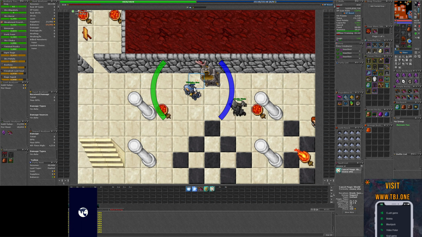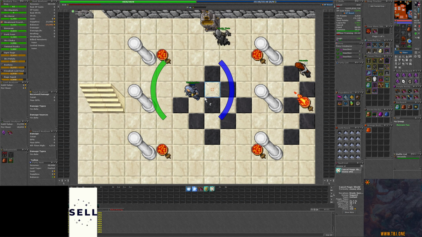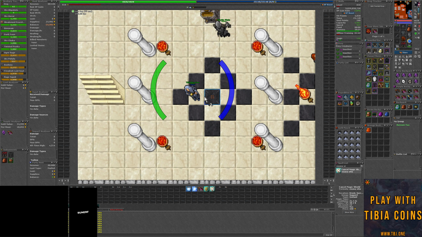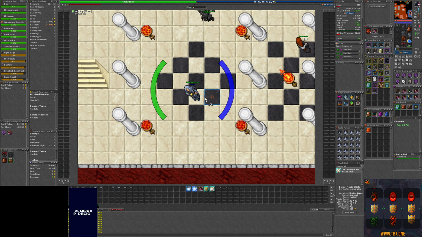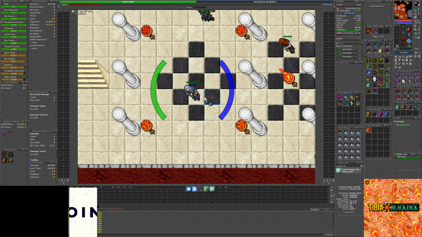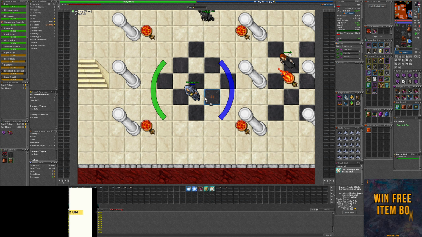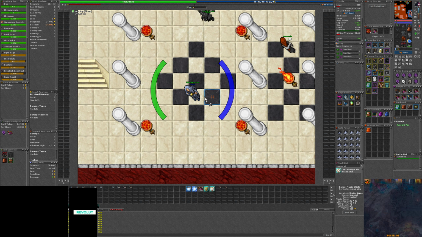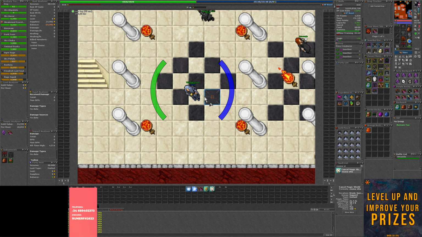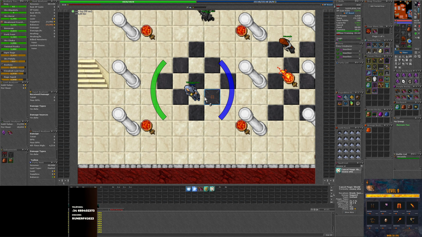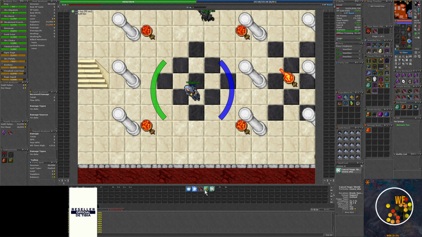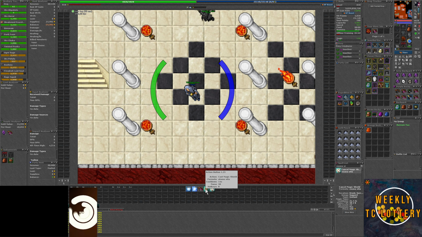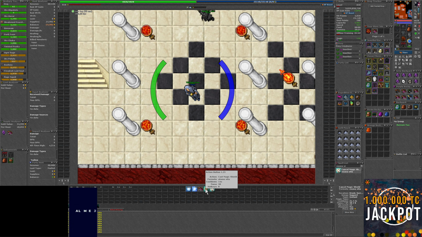So by setting up in the R, I am able to move. The reasoning behind being in the R, I need it same as Max Beta. I want it in a hotkey where I'm not going to press it by accident, and I want it to be accessible, but not too accessible either, because I'm not going to perma Utamo. If you Utamo, I think it's like a 12-second cooldown, I believe, 14-second cooldown. So it's a long cooldown.